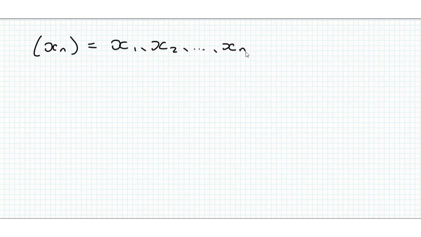So if we have a generic sequence (xn), we know that this is equal to the terms x1, x2, all the way up to xn and so on, right? You know, xn+1, xn+2. It's a non-terminating list, as we looked at in the last video. That's how we define a sequence, a non-terminating list of real numbers. Well, that's how we define a real sequence anyway. And we say it converges